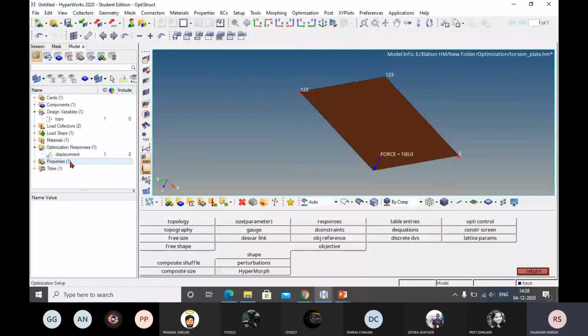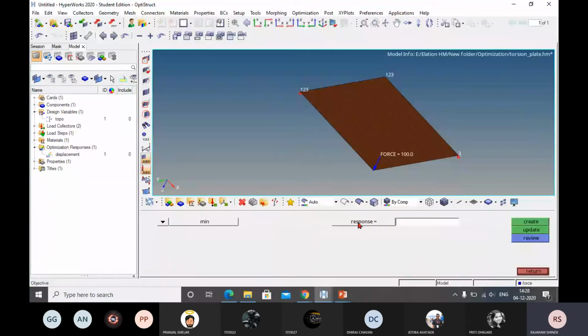Now you go to the objective. What is your objective? Now select the response. It is also minimization of the displacement. Select the response, displacement. Now select the load step, that is torsion, and say create.